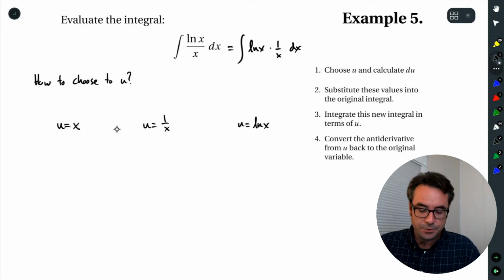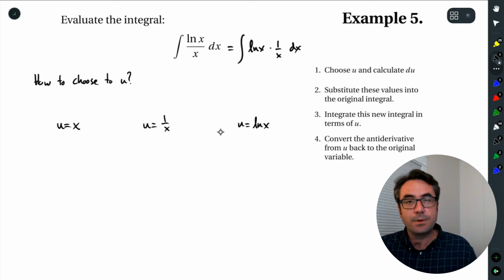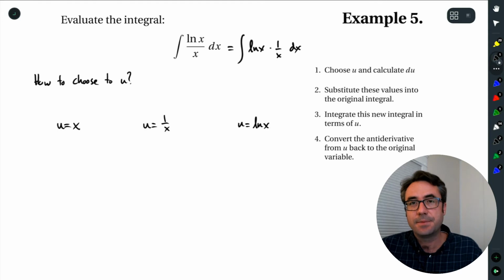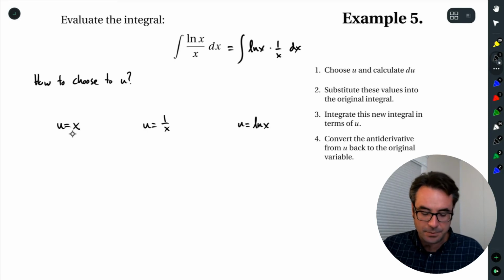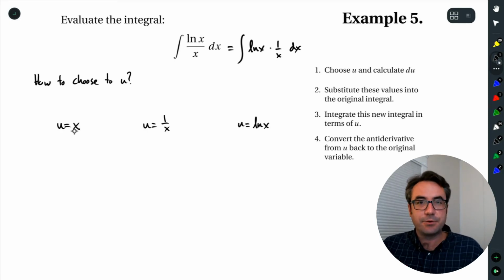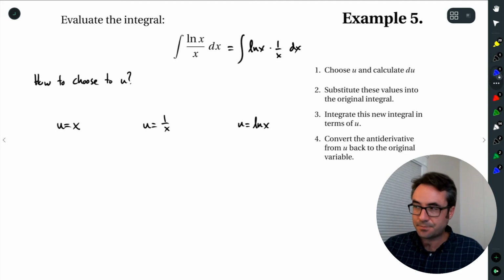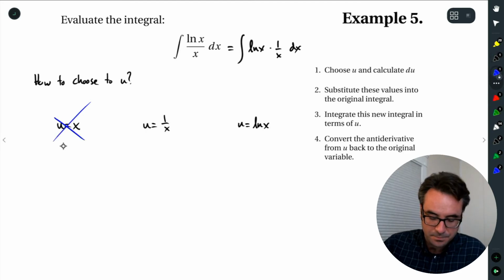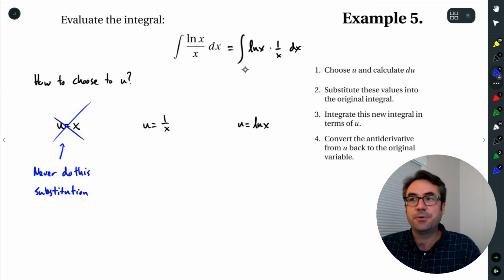Well, we can choose u all we want, but where we can get a feel for whether that substitution is going to work or not is what happens when we calculate the differential du. And so let's start with u equals x. Well, we never do this substitution. First of all, we never do this one, because all you're going to have